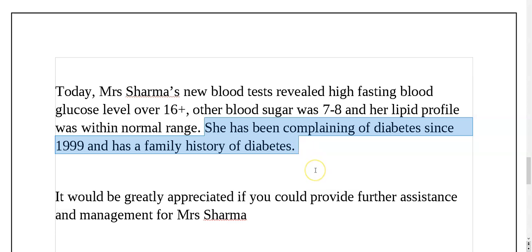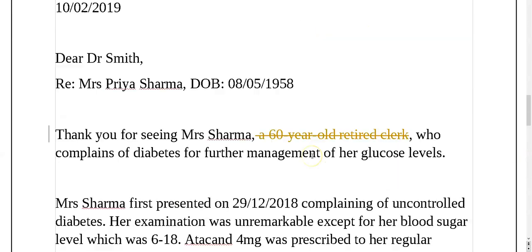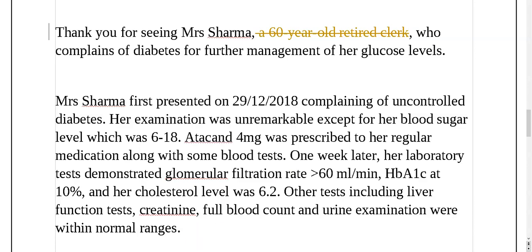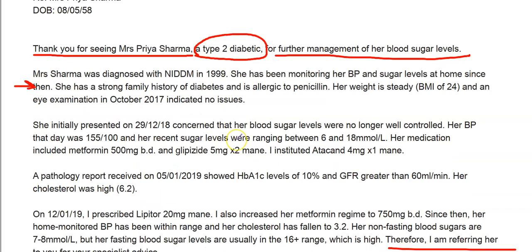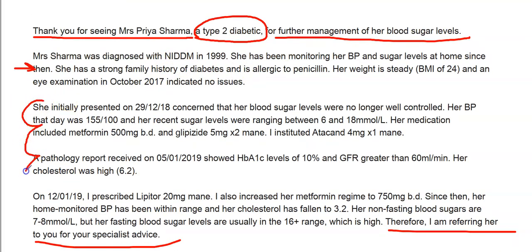Okay. Now, here we can see it's kind of a history, a throwaway kind of sentence. It's like, what's it doing at the end of a visit? Now, if we look at the sample, we've got the history for paragraph 2. Now, for these non-urgent kind of cases where you've got a couple of visits, it's a good idea to put your history in paragraph 2, because then when I'm reading about this visit and that visit and this visit, it makes perfect sense because you've already told me, okay,